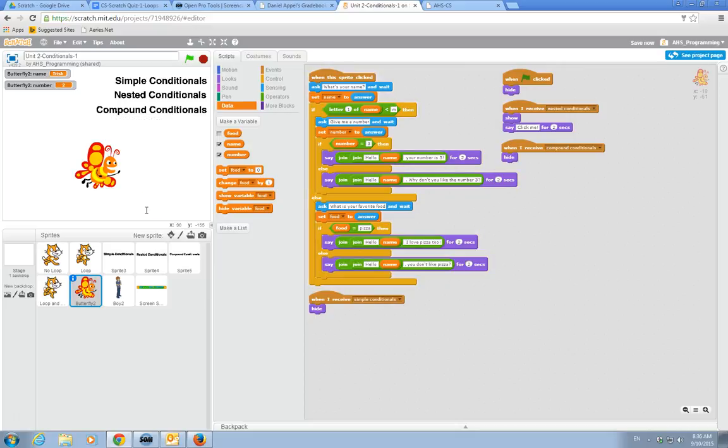Okay? So these are called nested conditionals. We have a condition within a condition, and that's totally fine to do. You don't want to go much beyond two nested conditionals. It gets too hard to track things. But this is a way that conditionals can interact with the user and make things seem more intelligent than they are. So let's look at our last one,